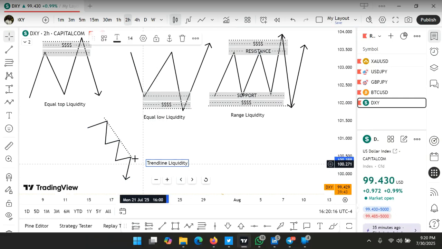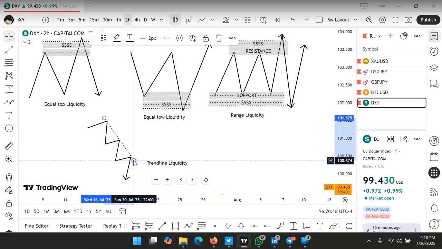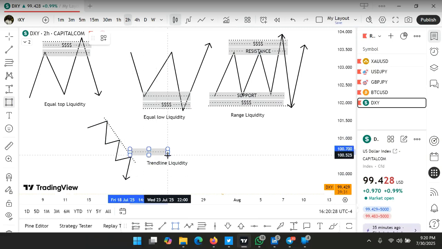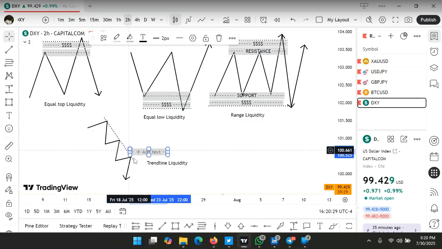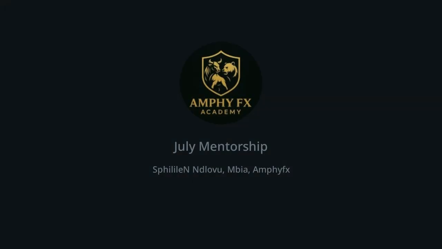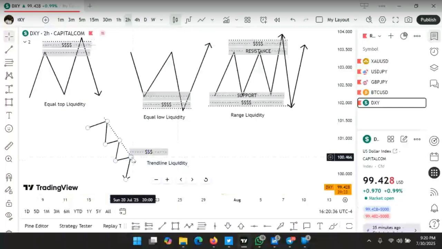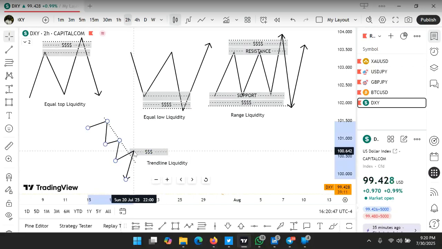Now, what these smart money guys, these big guys with money, will do is set a trap. They will create a trendline like this. People that have their stop losses sitting above this trendline zone, there is money sitting there, right? Because many people place their orders there, those who trade trendlines. Now, instead of the market tapping into the line exactly and beginning to fall, the market will never do that. The market will first break out of this trendline, and those who think the market is about to change direction begin to buy.